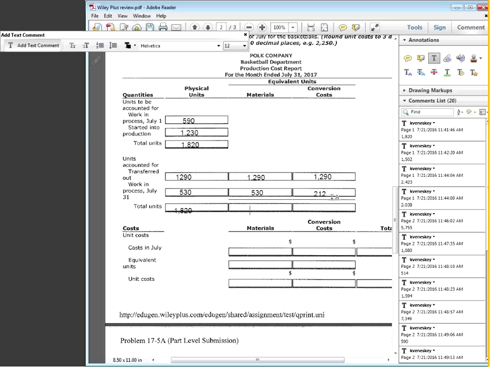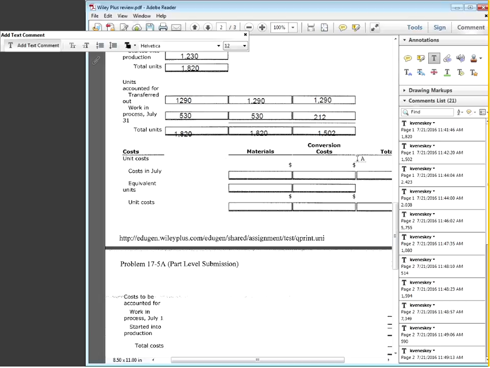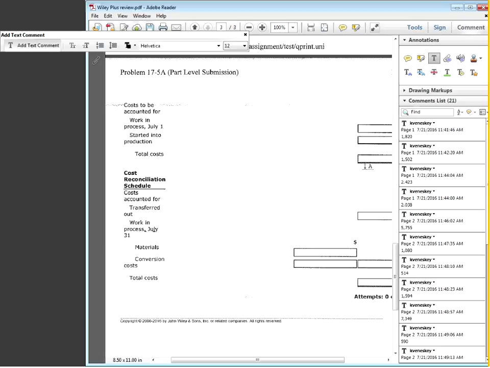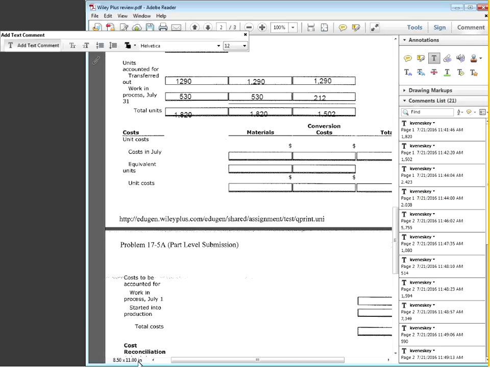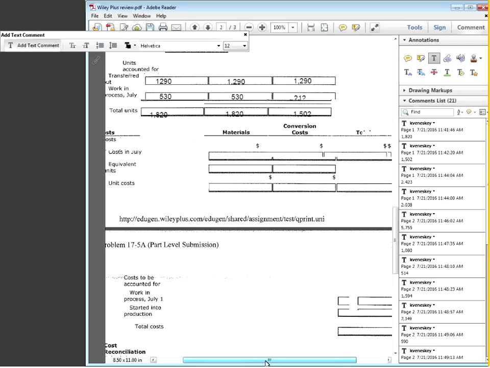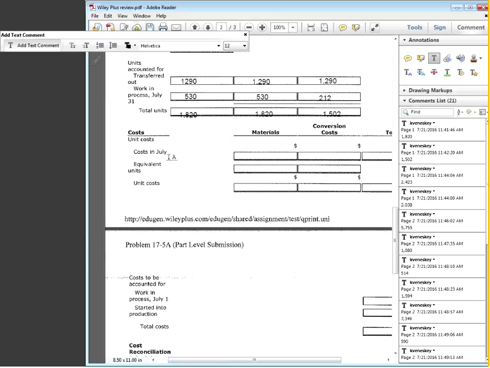Now we just simply do the math here. This is the easy part. So again, this is 1820, and this totaled up is 1502. Now we look to the finishing section here. Unit costs. Okay, cost in July